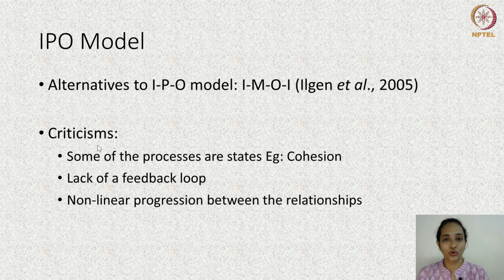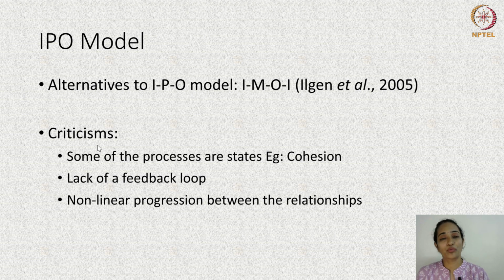For example, cohesion. Team cohesion is the extent to which team members like working with each other and are committed to the team task. This state of mind evolves for the team members when the team members interact with each other and work on the team task. So, it is not a process but a state of mind that team members share over the course of working together as a team.